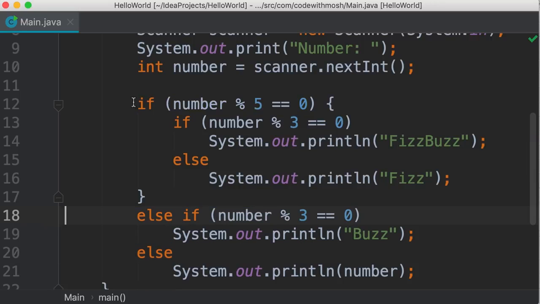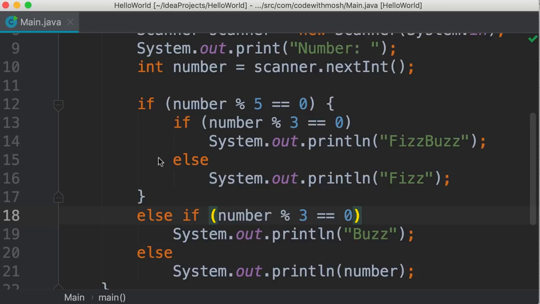So first we check to see if the number is divisible by 5. If not, we check to see if it's divisible by 3 and otherwise. So here's another way to solve this problem. But in my opinion, this approach is kind of amateurish and ugly because these nested if-else statements are considered a bad practice. Now, this is not terribly bad, but the more you nest these if-else statements, the more confusing your code is going to be to other people. So I personally prefer the previous solution, even though we had a bit of repetition in the code.